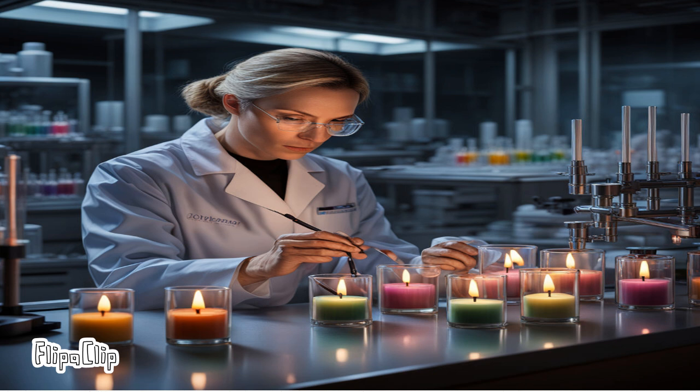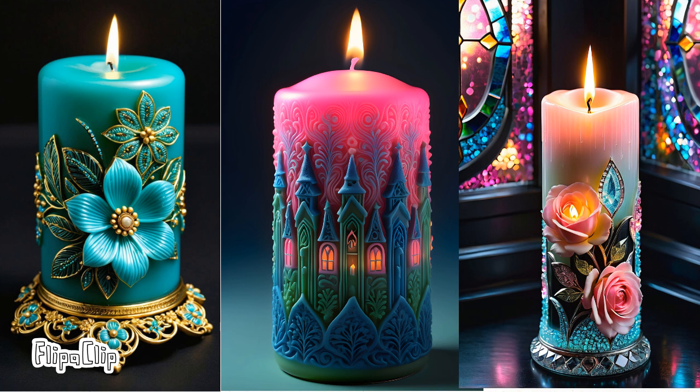Do you want to make money in candle business? Discover the secret to create scents and a brand that sells. 1. Research your market. Before launching, make sure you research your target market to understand what types of candles are